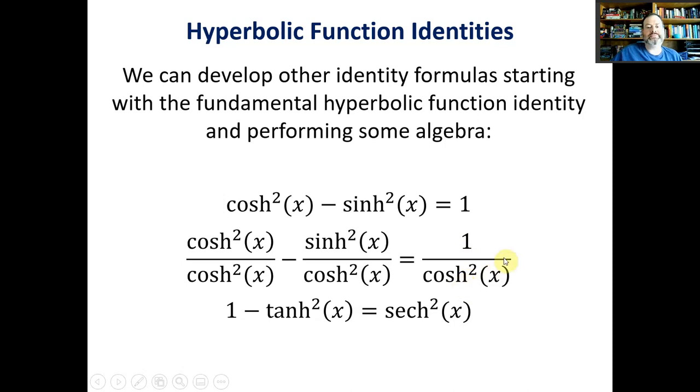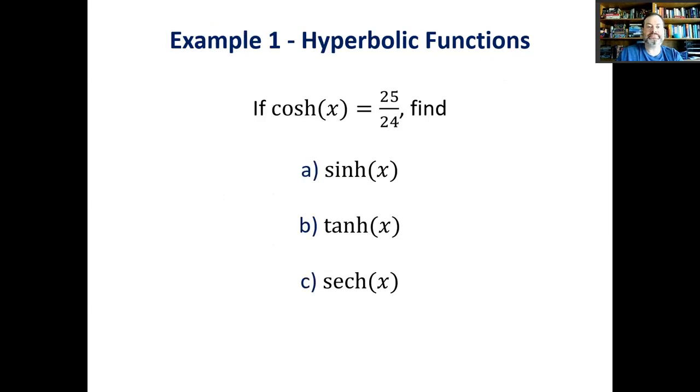So you get another identity that looks really similar to one you might have seen in trig. So we're not going to work on identities. We're not doing any of the algebra properties here in a calculus class. The only algebra stuff we're going to look at is limits, which is still sort of like a calculus thing, and we're going to look at inverses. But we need inverses because we need to prove some of the formulas that we're going to see. So let's just do a little bit of work with hyperbolic functions just to see